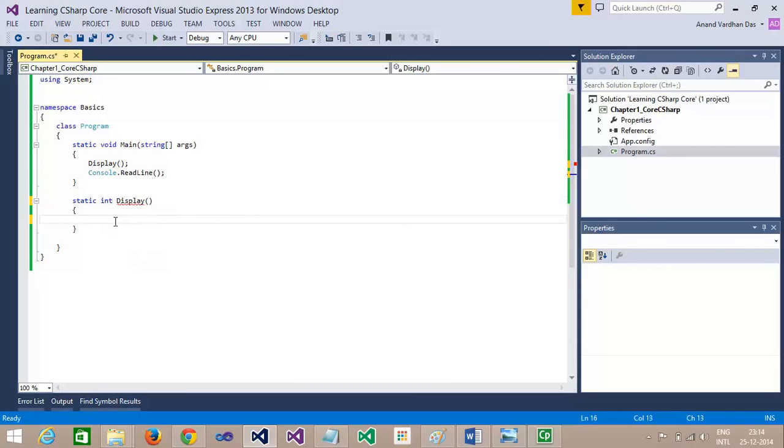And if you are not returning anything, we give void. For that we don't have to put the return statement, but we can put it as well, by simply writing return and semicolon. We can avoid this, no need to write it, because as we are not returning anything, we are giving the return type as void.